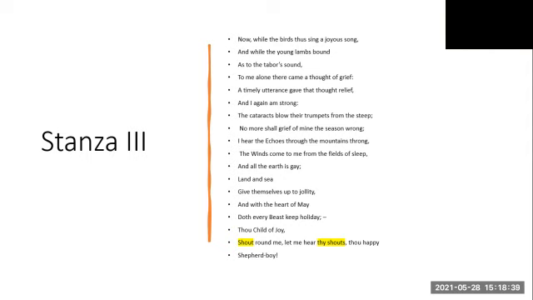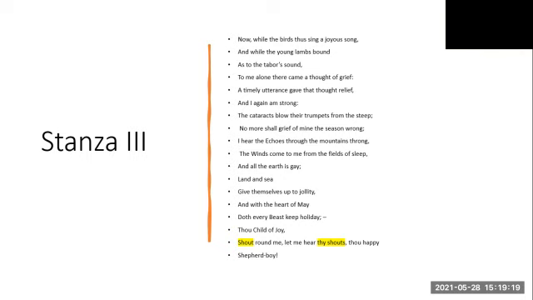What do we notice about this stanza? There is something that is repeated. While in stanza 1 and 2, we came across the word glory and glorious repeated several times. In stanza 3, notice the auditory images. Auditory means relates to the sense of hearing, sounds. It's full of sounds. The birds are singing. The young lambs are jumping to the drum's sound.